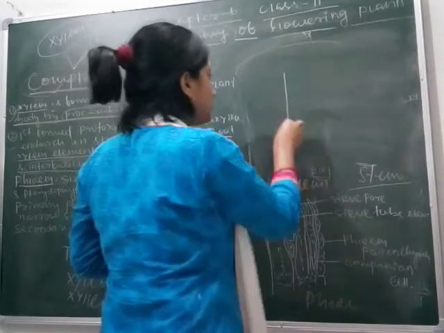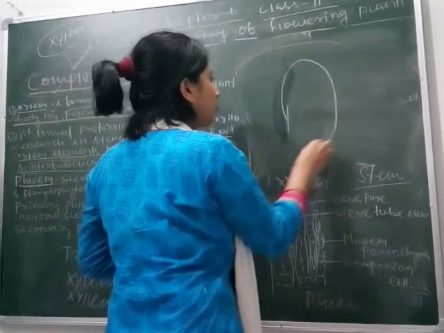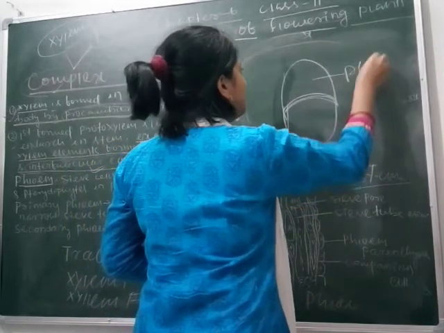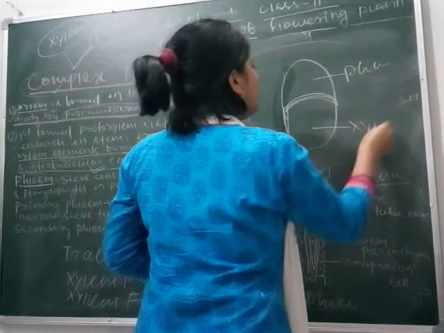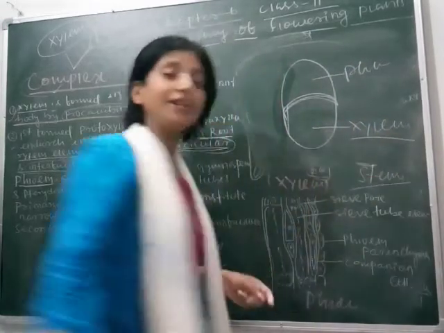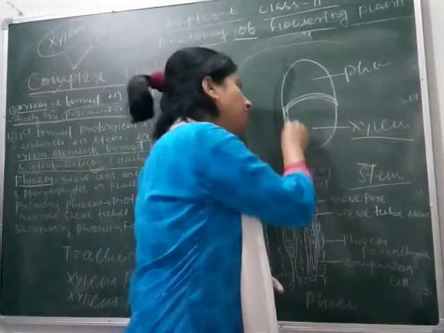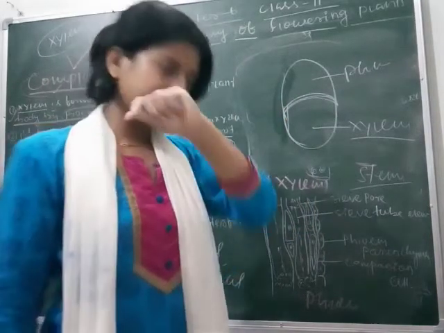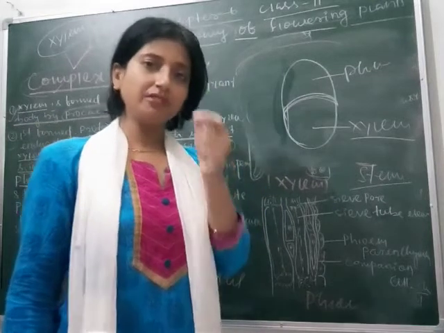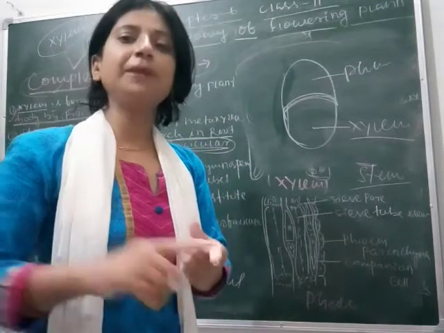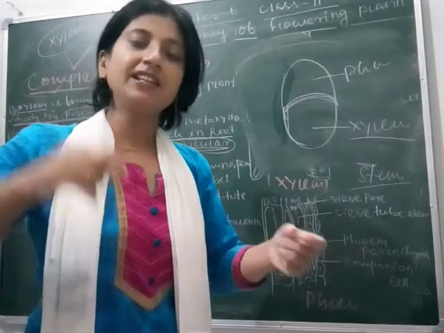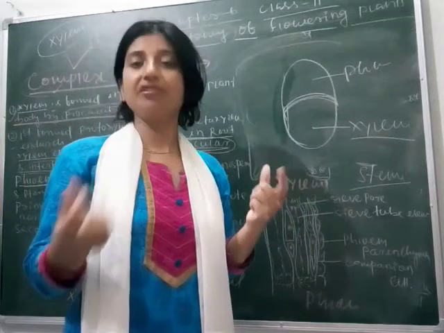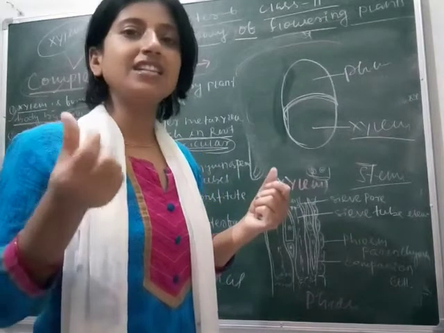As tracheids and vessels are enclosed within the xylem, if I show you the diagram, you can see this is phloem and this is xylem. So inside xylem 4 elements are present. Out of 4 elements, the last element, that is xylem fiber, is made up of dead cells. So it has a long and rigid structure which provides support and strength.